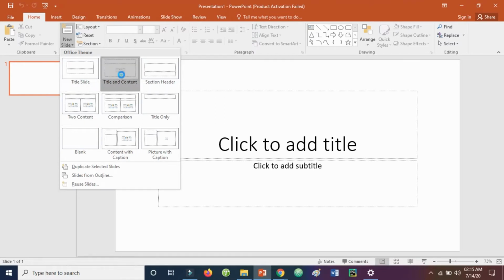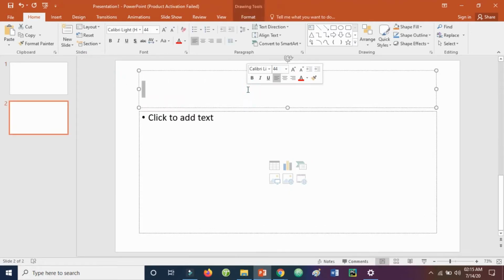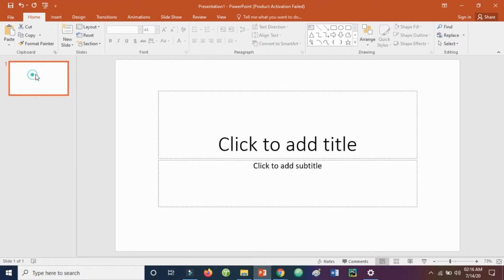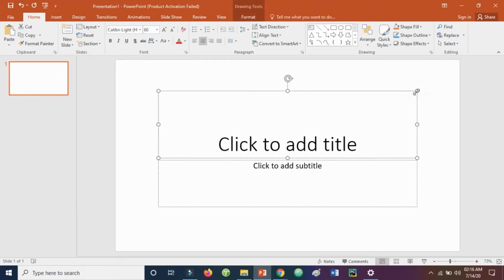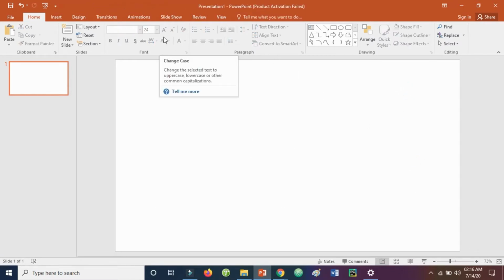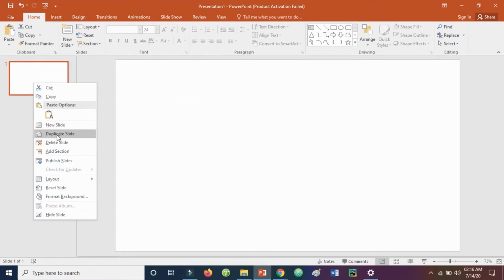So if we click here, we have this here. In this place we can write titles, title, and then here we can add a photo or table, or a graph, whichever you want. So that we don't need that. Okay, so let's say today we're going to make a slide about seasons. So what we're going to do is add some slides here,